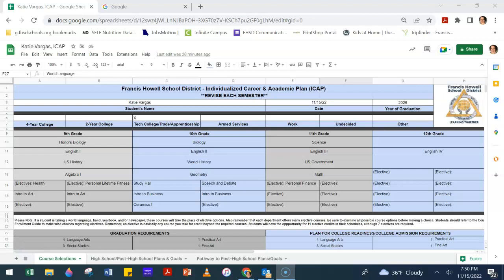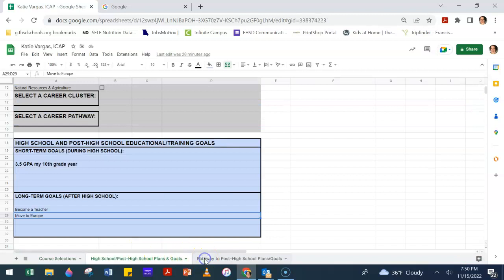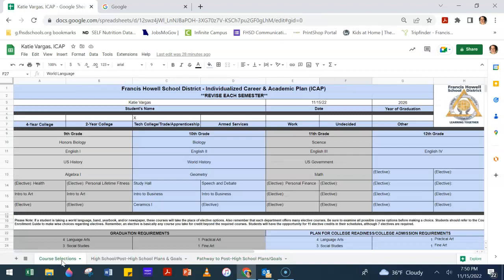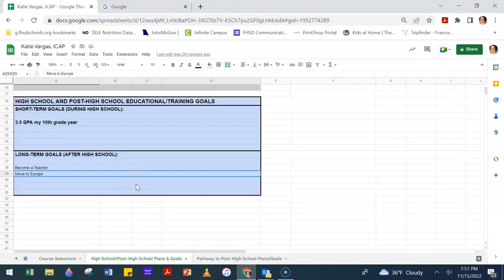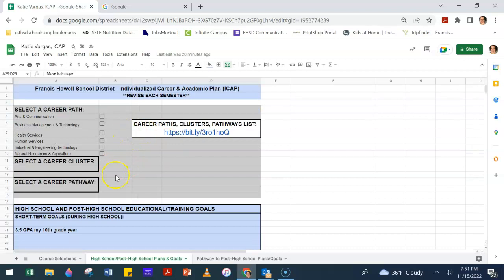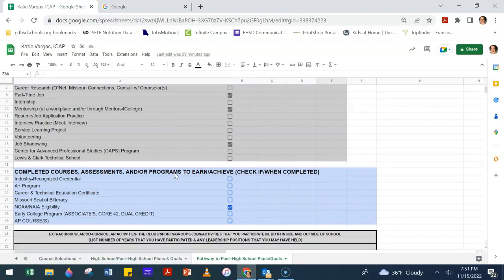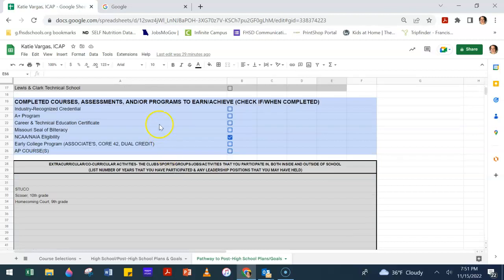Part 2 of the tutorial showed you just a refresher, a brief overview of each of the 3 tabs of the ICAP that we use here in the district: the course selections, the high school, post-high school plans and goals tab, and then the pathway to post-high school plans and goals. So again, we just went through how to add to, update, change over your 4-year plan, what you can be adding here in the way of short-term and long-term goals, as well as your career plans. And on the 3rd tab, the checklist of all the experiential learning or work-based learning opportunities we offer, the specialized assessments and eligibility